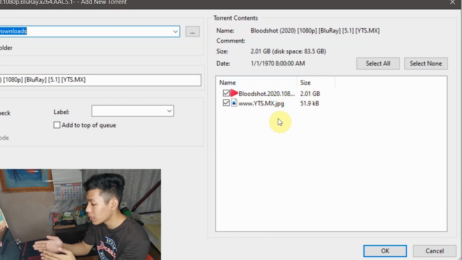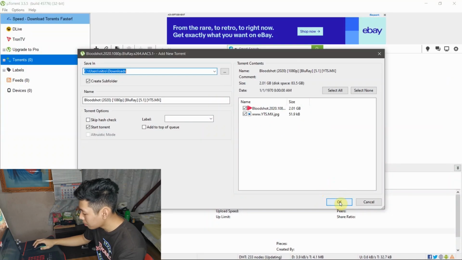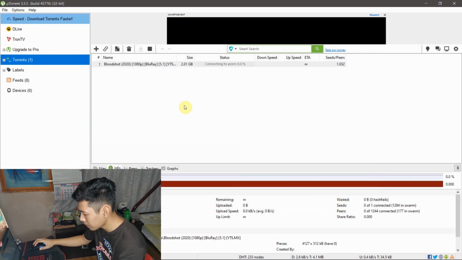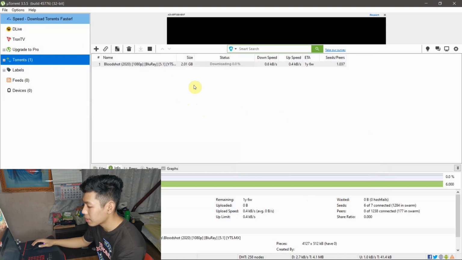We have the Bloodshot 2020 1080p. It is a free movie and very clear because it's 1080. So we just hit OK. After that, it is downloading,